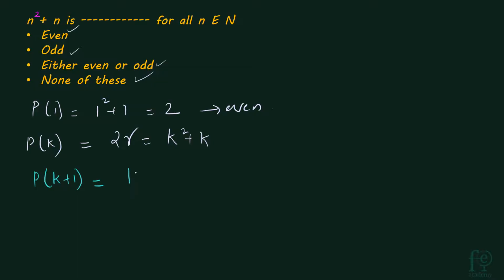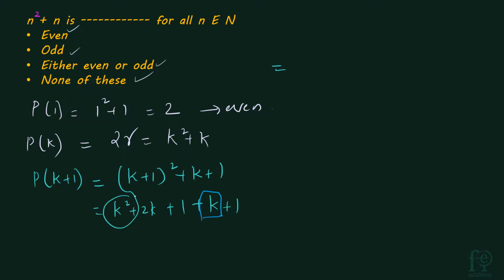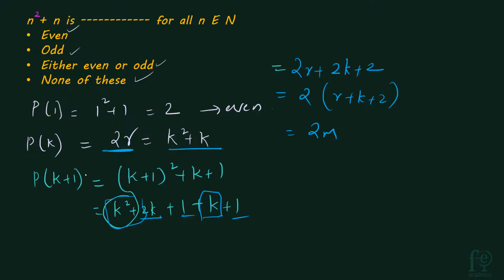P of k plus 1 is equal to k plus 1 the whole square plus k plus 1. So what you will be getting? k square plus 2k plus 1 plus k plus 1, which will be giving you, what is this? k square plus k is equal to 2r. So you will be getting 2r plus 2k plus 2. So here 2k is there, and here 1 plus 1 is equal to 2, which will be giving you 2 into r plus k plus 2, or is equal to 2m, which shows that P of k plus 1 is